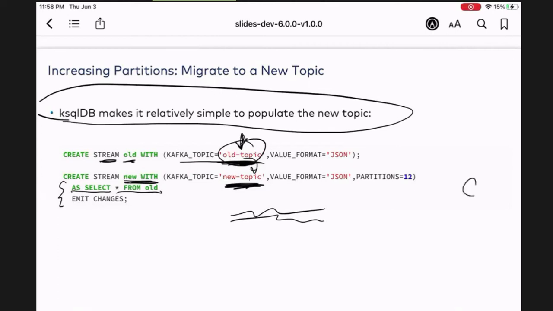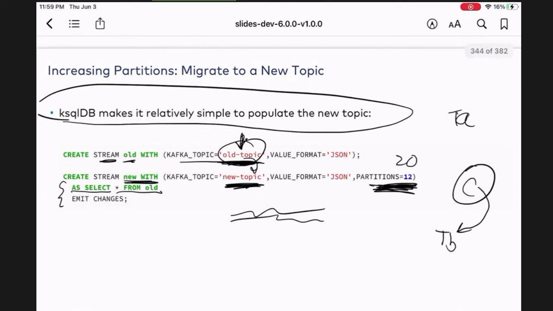And then all you have to do for the consumers now is just tell them, hey, go ahead and consume the data from this new topic. So if they were going to topic A before, then now you can just tell them to go to topic B. Simple change for your consumers. And you see now I have 12 partitions, or 20, or whatever number of partitions you want. So KSQL makes it super easy to migrate the data from an old topic to a new topic, which is a recommended way to do this. And then you just send a note to your developers. Say, hey guys, here's the new topic. Go ahead and please start to consume from this.